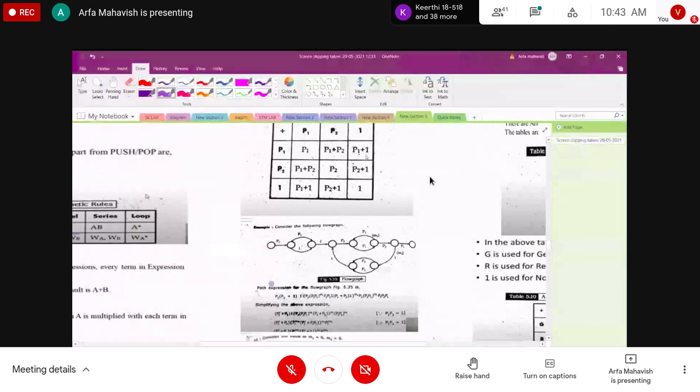So here the loop is P2 plus 1, P2 plus 1 plus P. Next P2, P1 power m, P2 P2 P1, P2 P1, P2 P1 P2. So this is the loop performing over here.